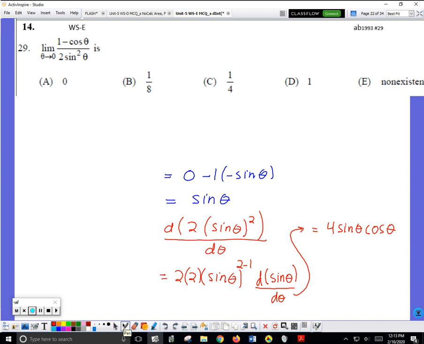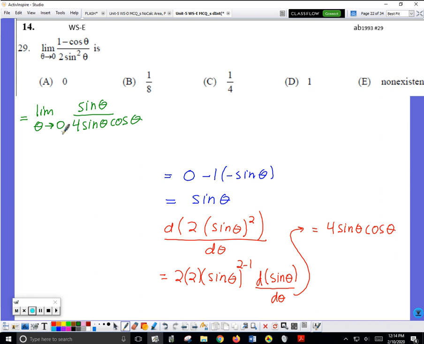We take that information and we create a new limit problem. This limit is equal to this limit. The limit as theta approaches 0, a was just for the formula, so we'll put a 0, of sine of theta divided by 4 sine theta cosine theta. And then as Jackie noted,